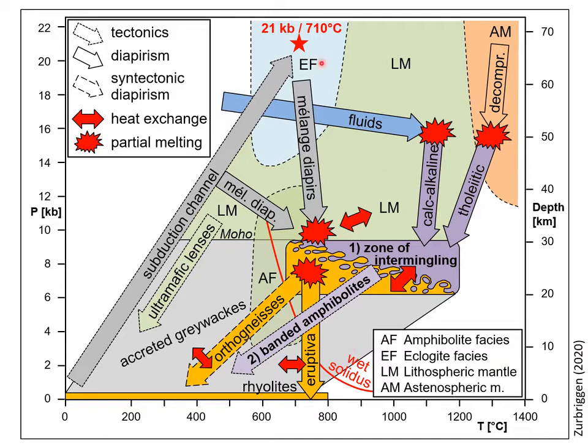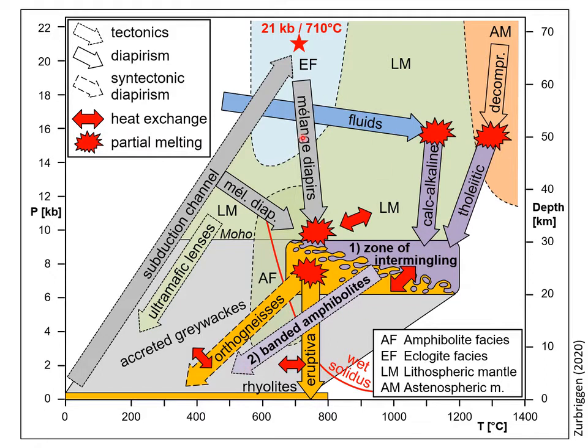The eclogites can be transported with melange diapirs very quickly without being heated too much into this zone, and most of them are probably then equilibrated thermally and they become amphibolites, ordinary amphibolites. But if they go quickly into one of these channels, or especially here with an intermingling which is soaked in a shear zone producing banded amphibolites, that is a possibility